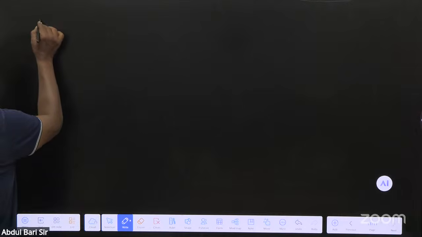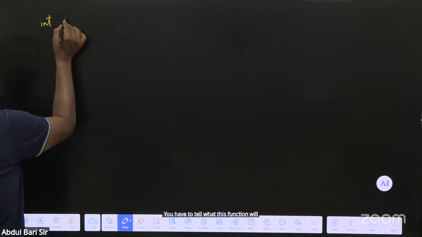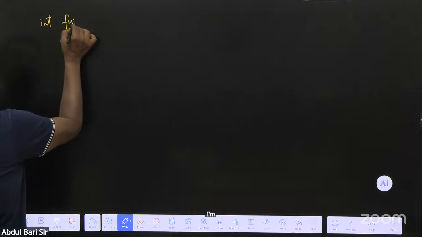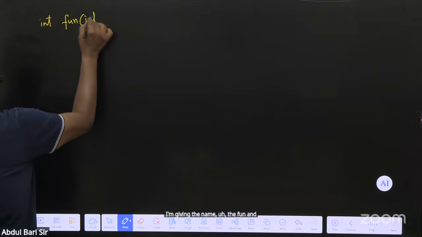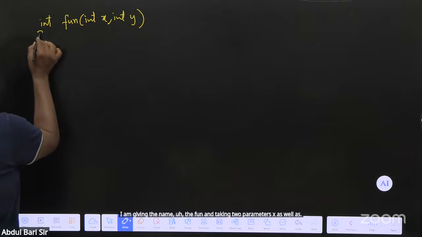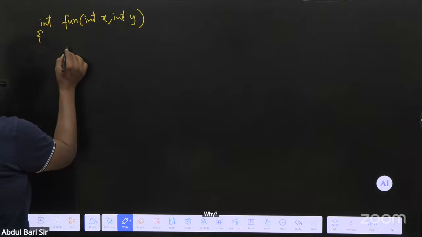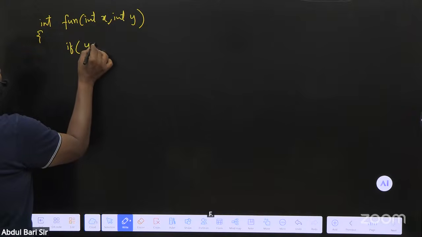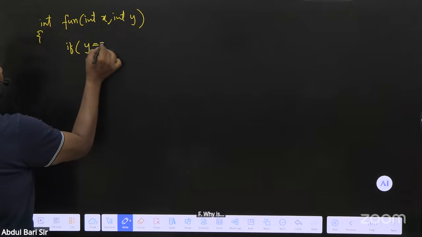You have to tell what this function will do. I am giving the name as fun and taking two parameters, x as well as y. If y is equal to 0,